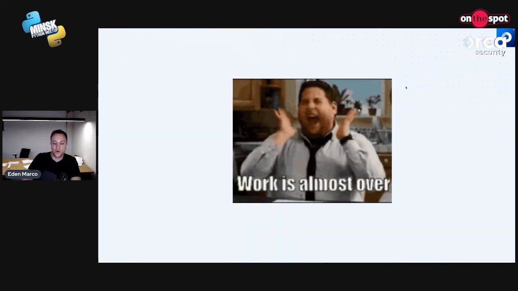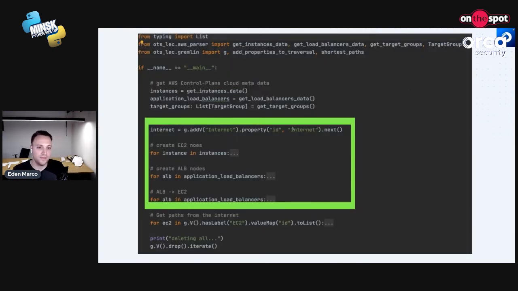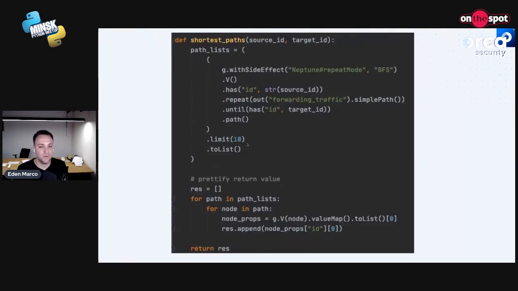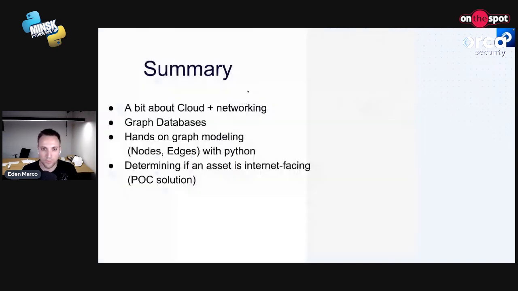So we're almost there. We modeled everything together. Now the last thing we want to do is to simply find any paths from the node internet to those load balancers. So for that, we'll start with our graph, and we want to use a BFS method of going through the graph. This is called traversing. We're going to traverse through our graph. So we're going to get all the nodes in our graph, but we want to start from the node,